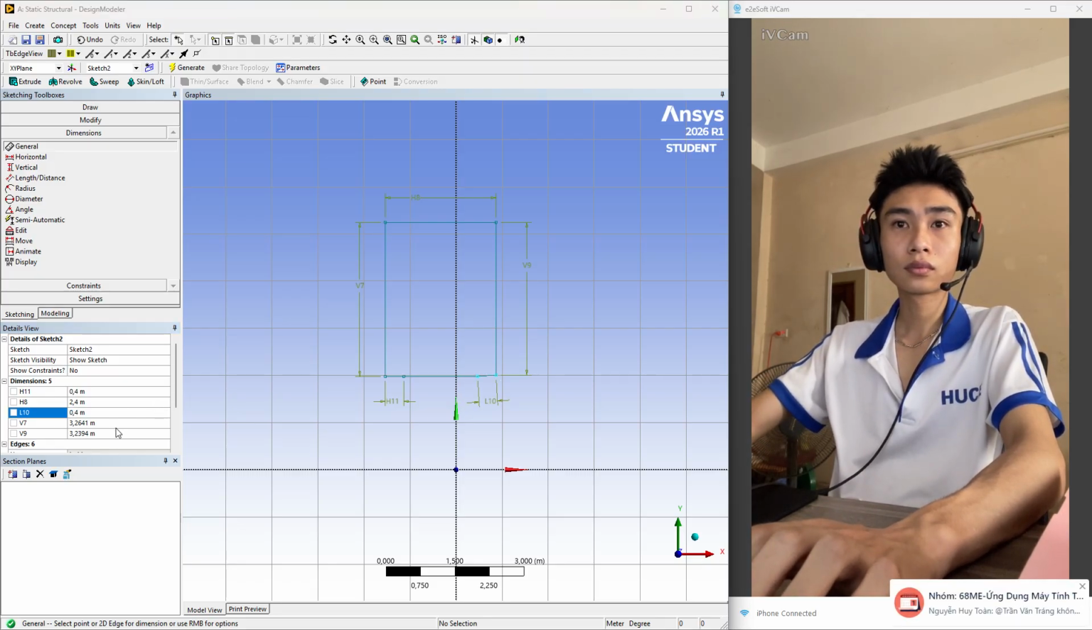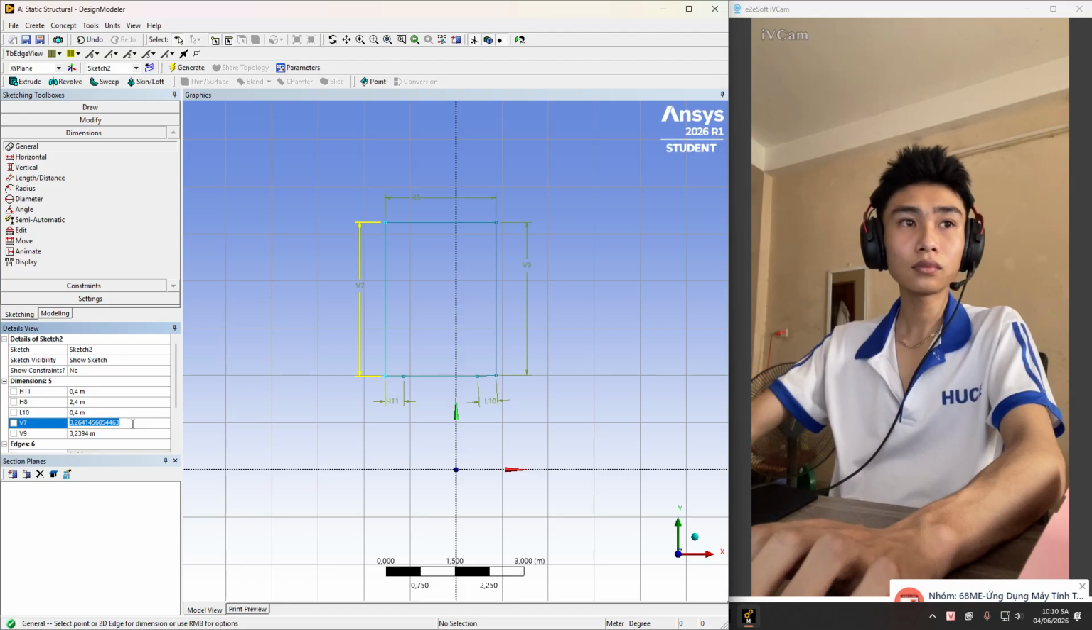0.4 meter. This distance is also 0.4 meter, and this vertical distance